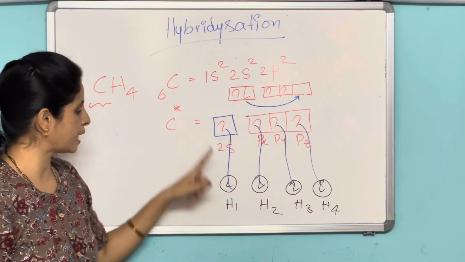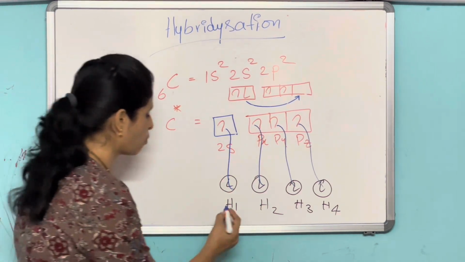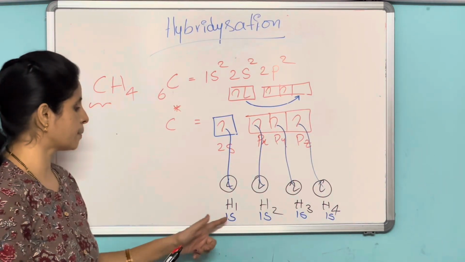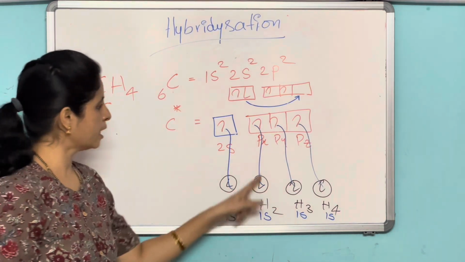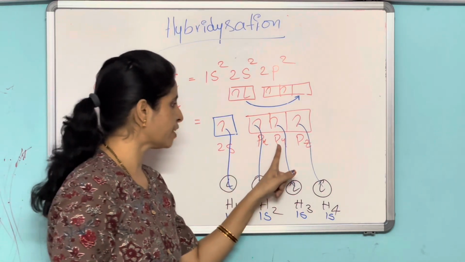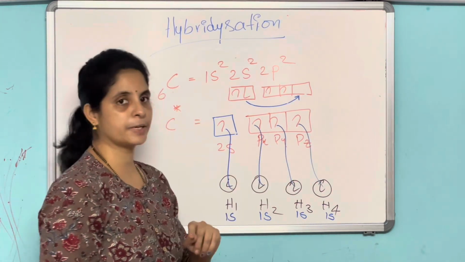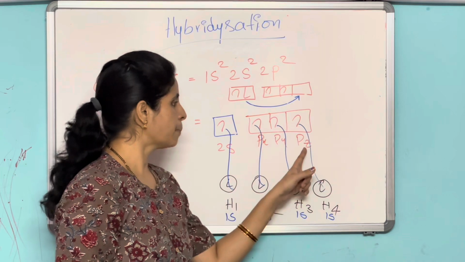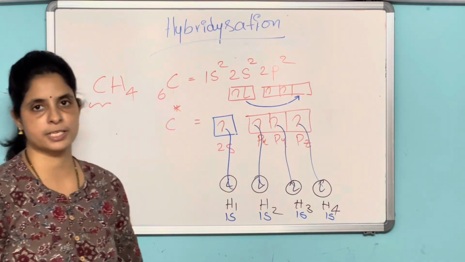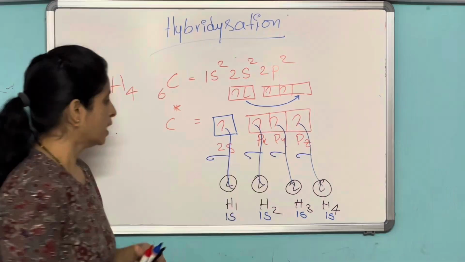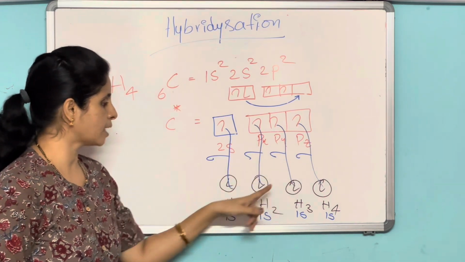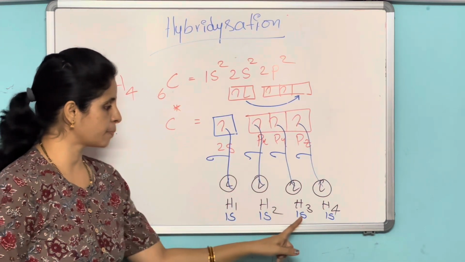orbital and the 1s orbital of a hydrogen atom. Here the px orbital of the carbon atom overlaps with the 1s orbital of a hydrogen atom. The py orbital of the carbon atom with the 1s orbital of the next, third hydrogen atom. The pz orbital with the 1s orbital of the fourth hydrogen atom, resulting in the px, py and pz orbitals reacting with the 1s orbital of hydrogen.